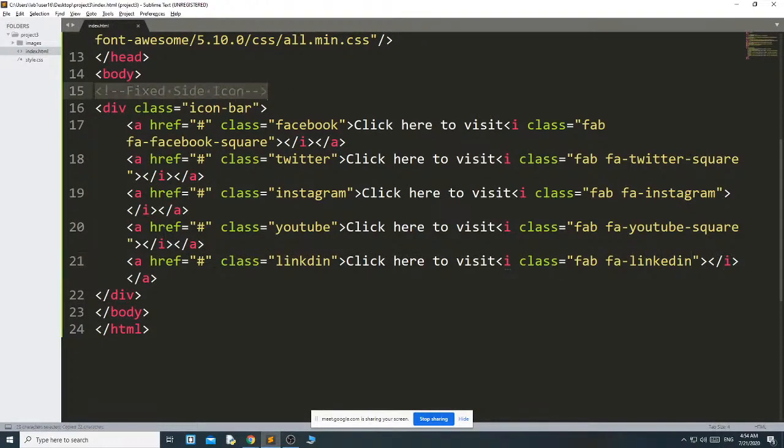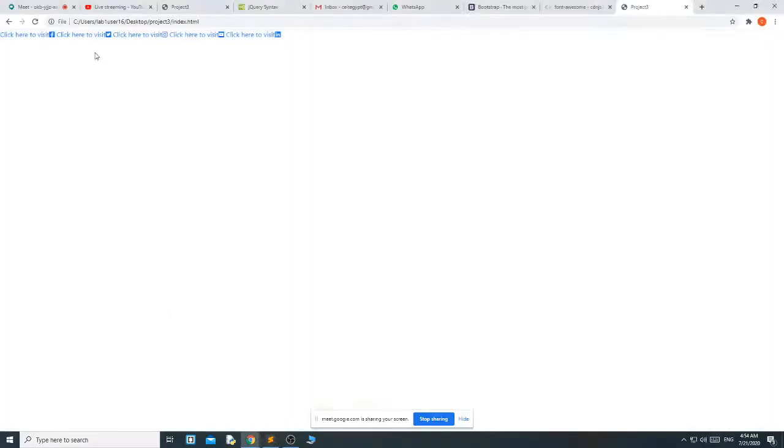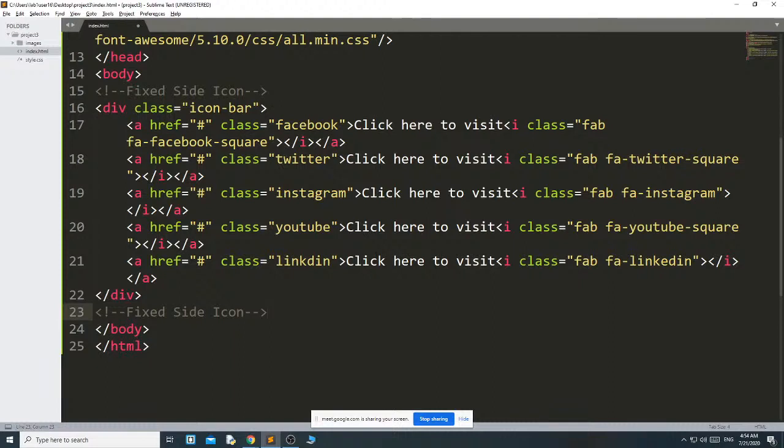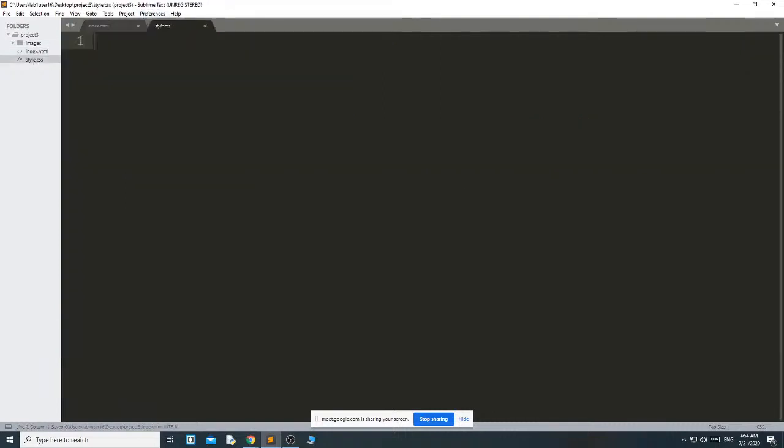Then we will see how to style it to get it in this place. Okay, this is the basic part we have completed. Then go to style.css.